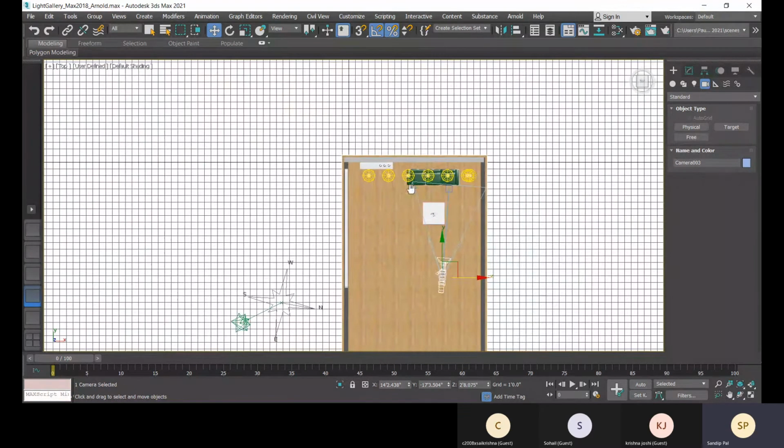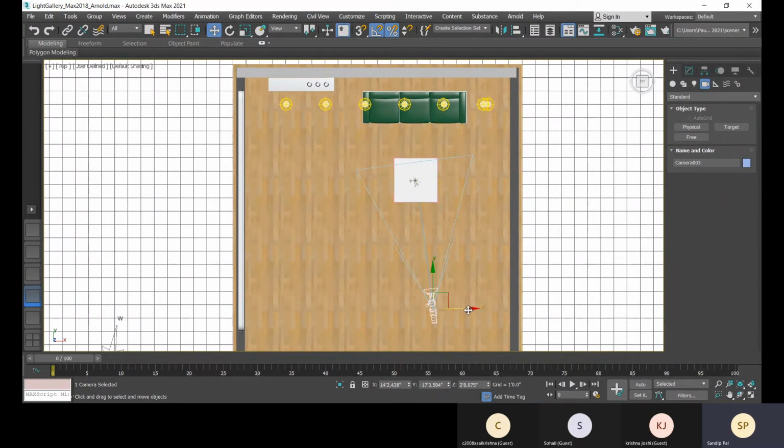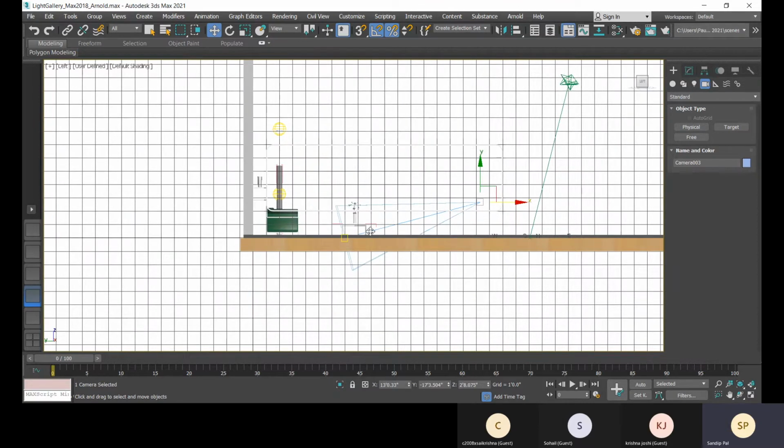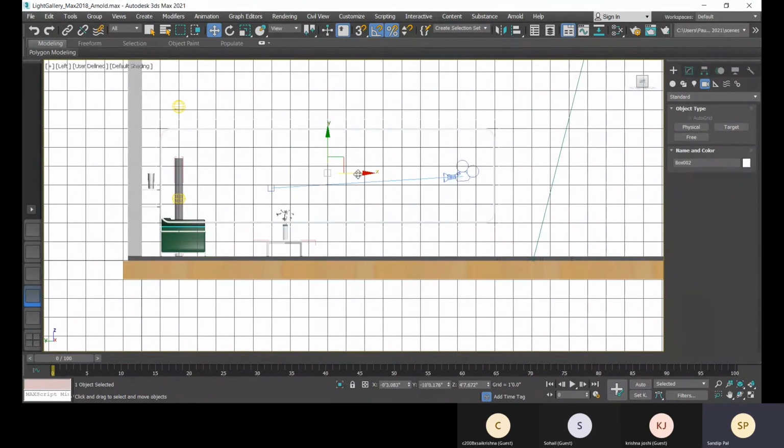Press T to select the target, okay, then select this and this. L for left view. Now this, the target.